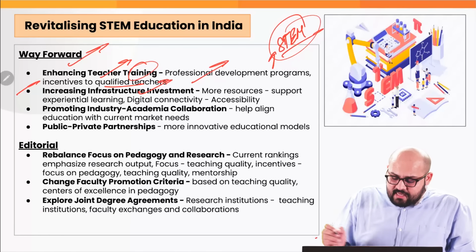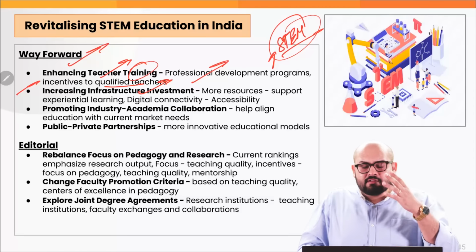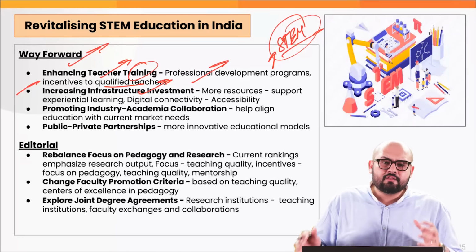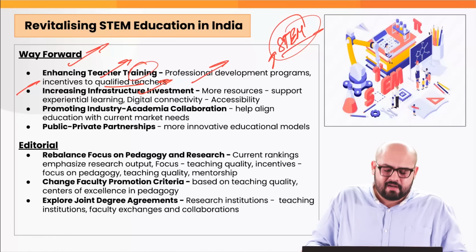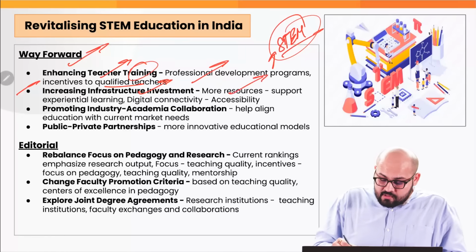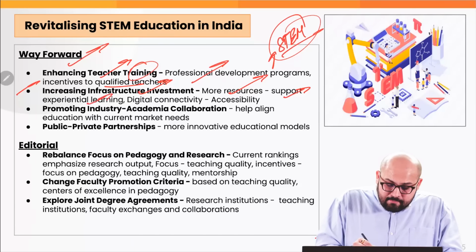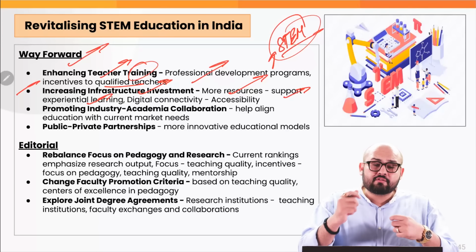Next, increasing the infrastructure investments. Very important. Again, as we talked about research, if you want to compete with other countries in the cutting edge areas, you need to have very strong state-of-the-art facilities, the best possible facilities. And for that, more resources are needed. And again, these resources would then support experiential learning, not just based on theoretical concepts, but on experiential